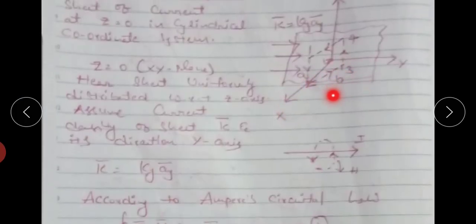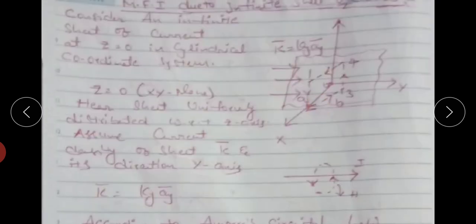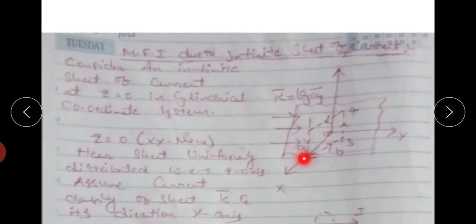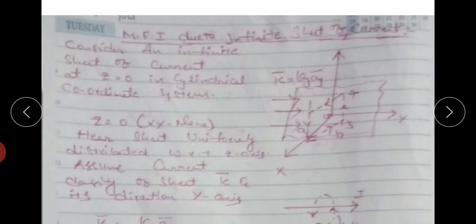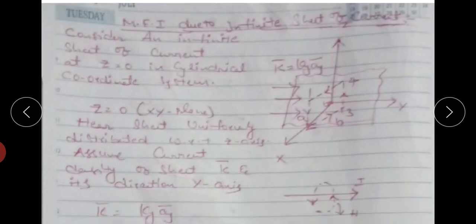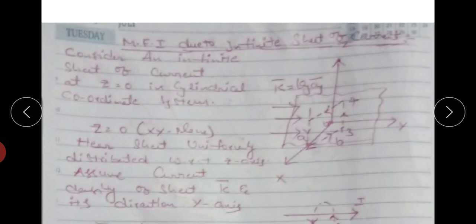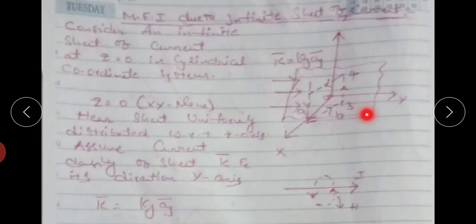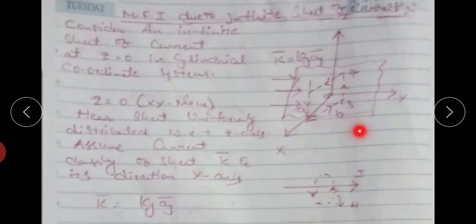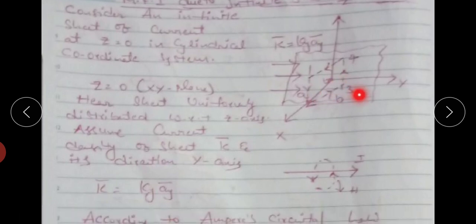So this is the 2 to 3 direction. 2 to 3 direction magnetic field intensity. This one is the x-axis, so 2 to 3 is opposite to the x-axis. So 2 to 3 direction magnetic field intensity equals Hx into minus ax bar. Only the x component is present here. Why? Because the 2 to 3 direction is anti-parallel to the x-axis. Okay.